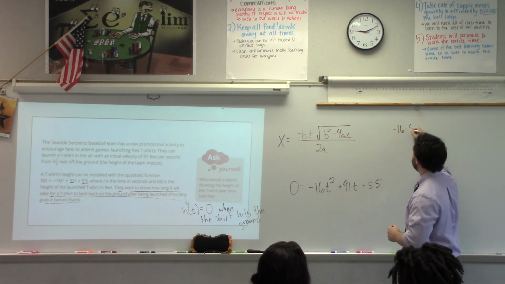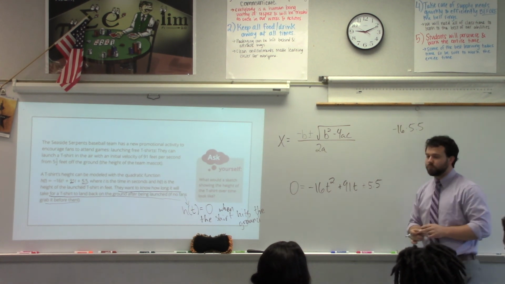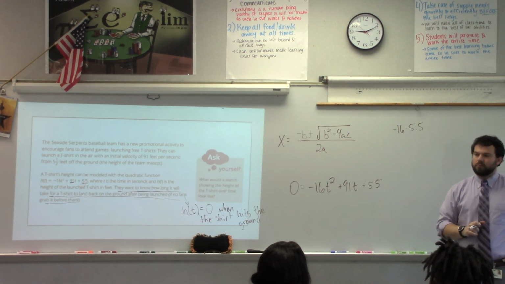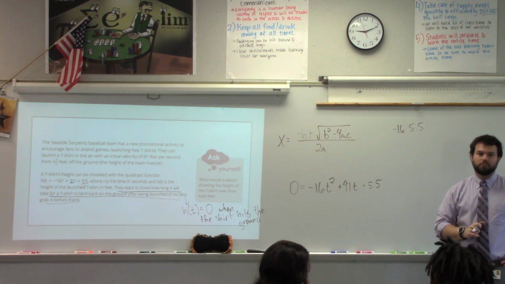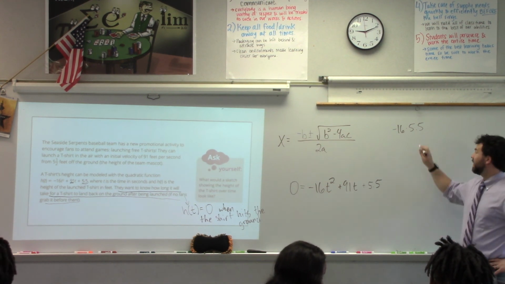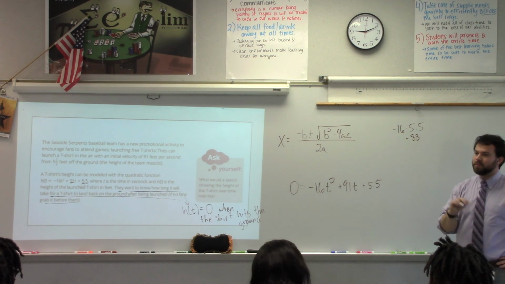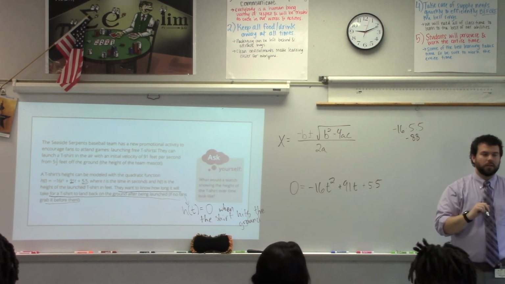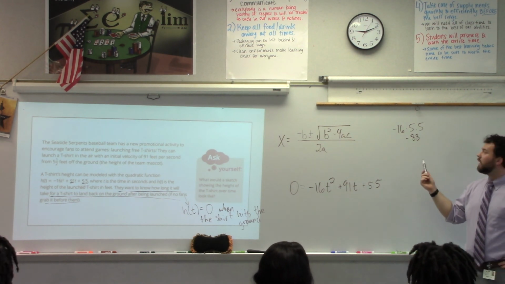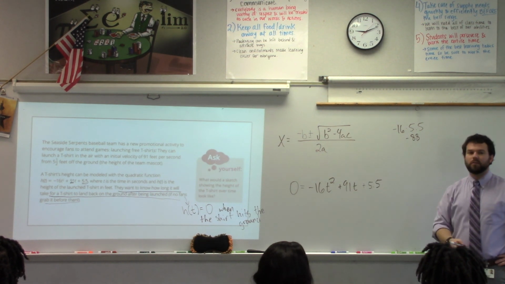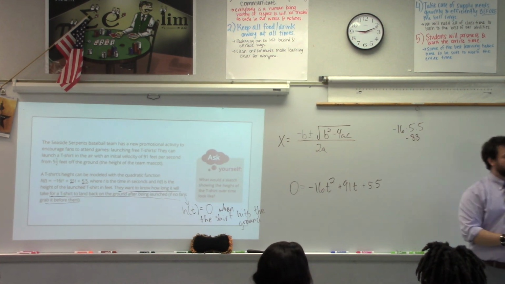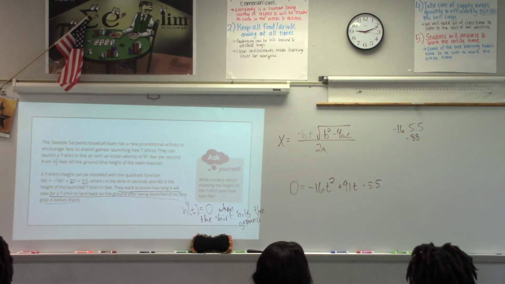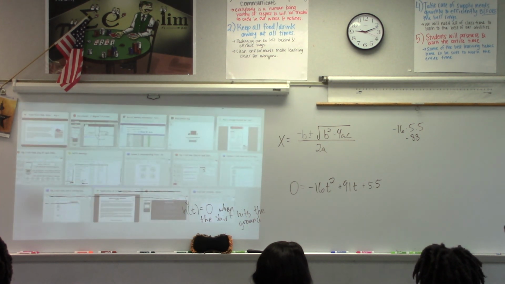So I would need to look at this in the AC method. Negative 16 times 5.5, what does that equal? Negative 88. Can I get some confirmation from others? Yes. Anybody know any factors of negative 88 that will add up to be the positive 91? Nope. So can I factor? Nope. Okay, so maybe use what? Vertex. So what am I going to do? Graph it. Okay, so